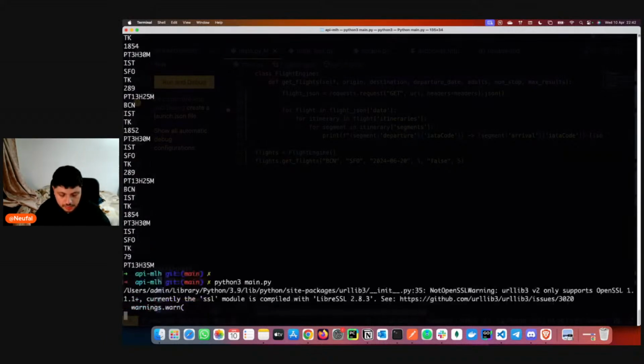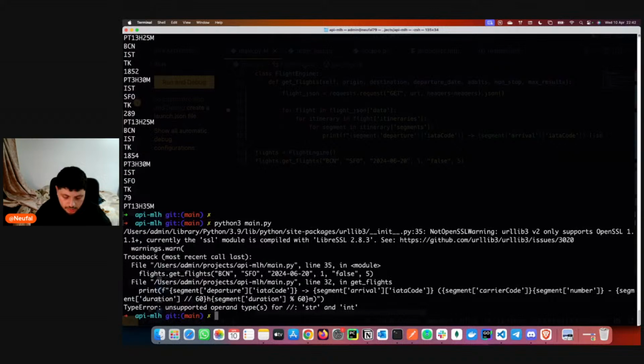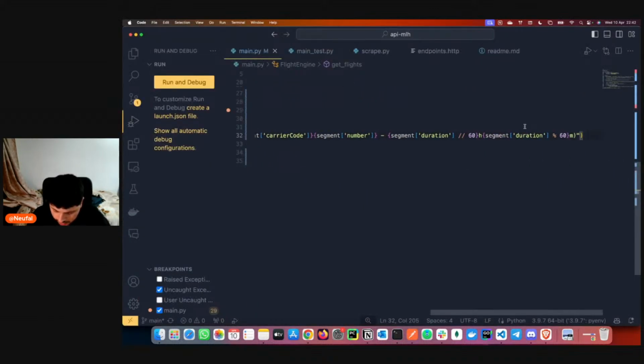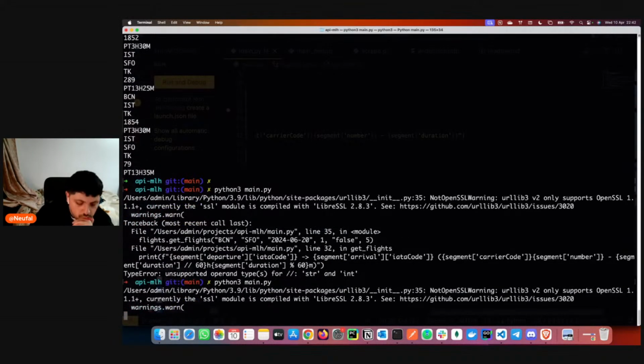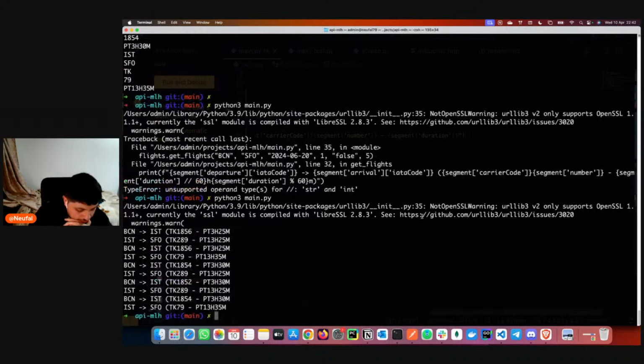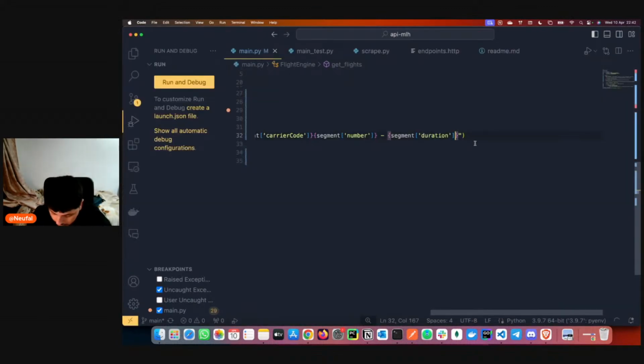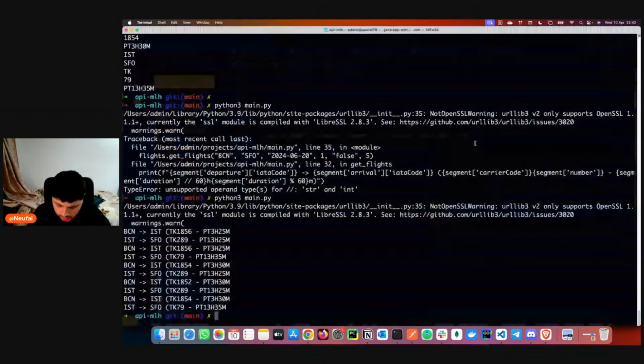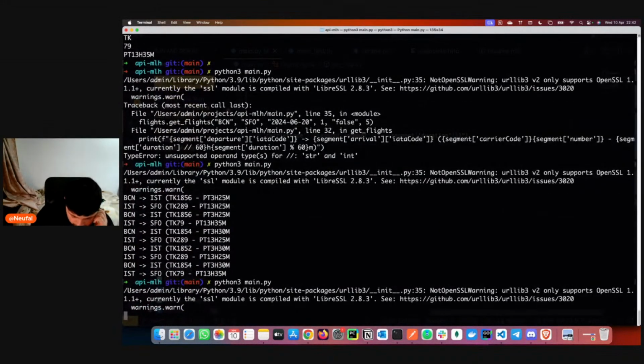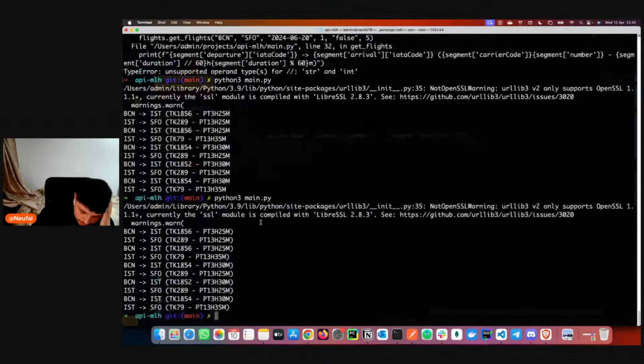Let me see. Nope. Okay, I know, it's trying to do some random stuff here with strings and trying to convert it into hours, but it's not working properly. Probably it's this. Let me see. Yep. So now we have the flights here. Let me see the duration, and then there's this closing bracket here, just to see it more clearly.